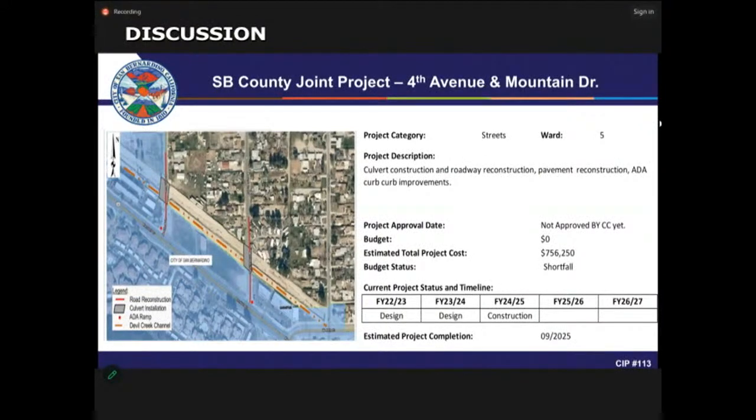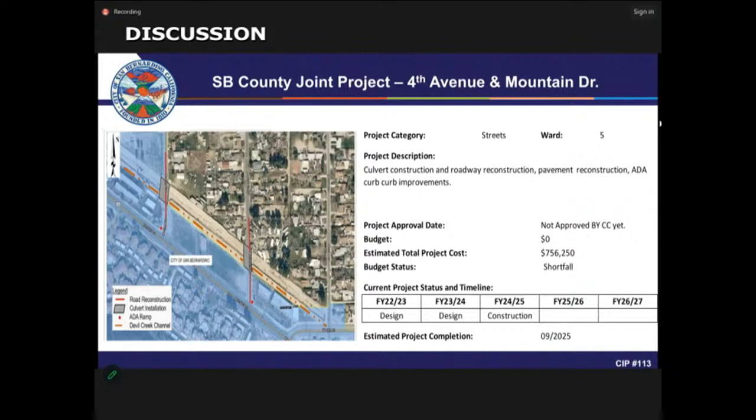This project, 4th Avenue and Mountain Drive, we don't have a co-op agreement with the county yet, and it is part of the agenda today to recommend entering into an agreement with the county for this project. The project description is culvert construction, roadway reconstruction, pavement reconstruction,